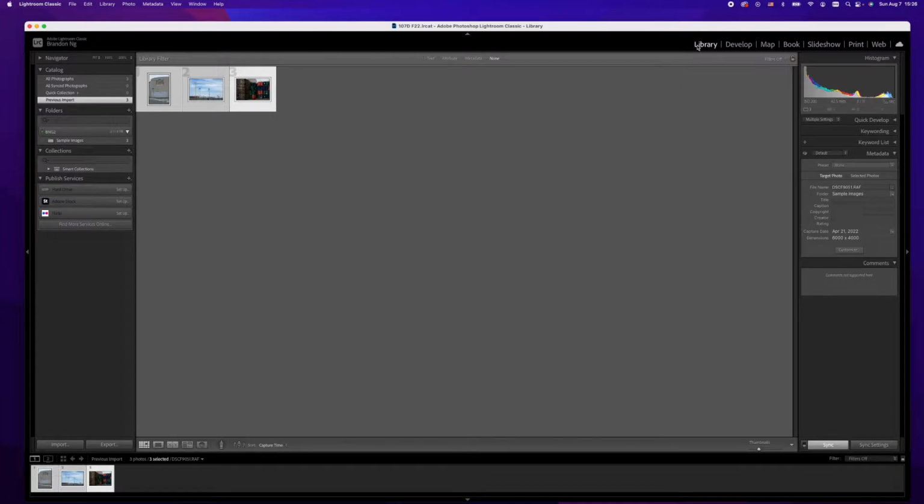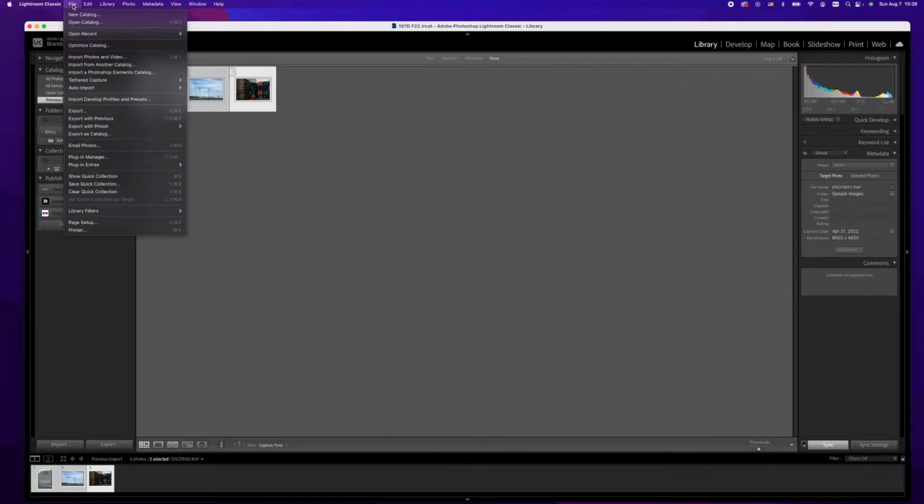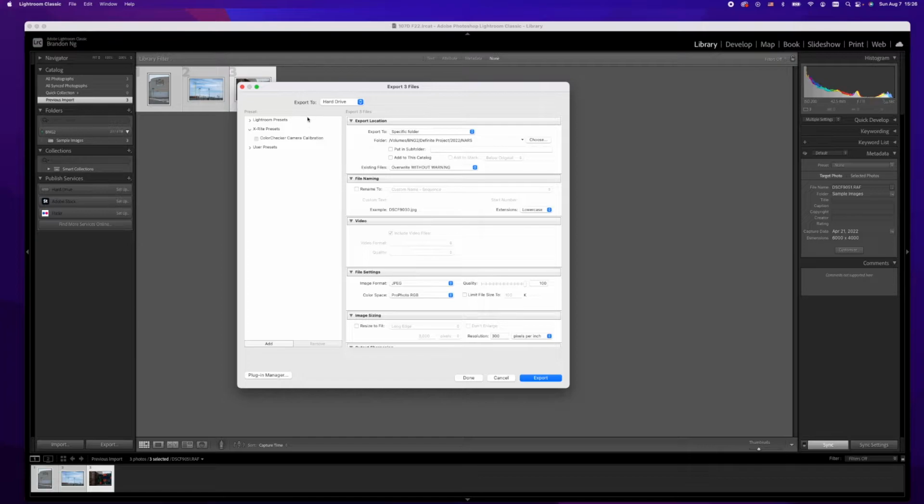And if you're in the library tab, export is going to be down here right next to import on the left hand side at the bottom. You can also access it from file, which is usually what I do. I just go file, export for some reason. I'm not sure why I do that, it's just habit, but you can definitely access it from the bottom left of library. But I'm going to go from file, so file, export, and this window is going to pop up. Okay, and so this is your exporting window,